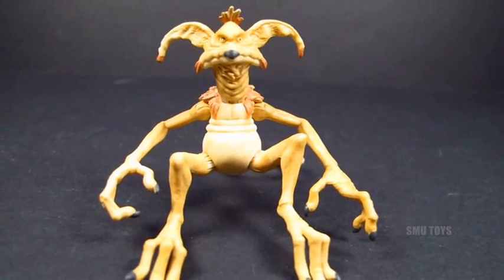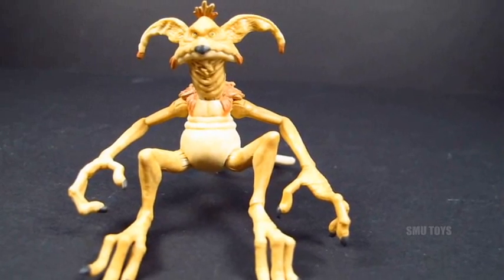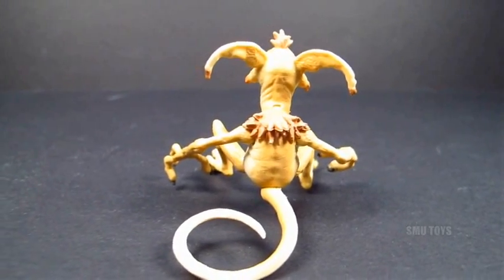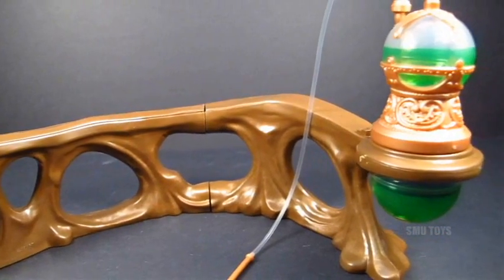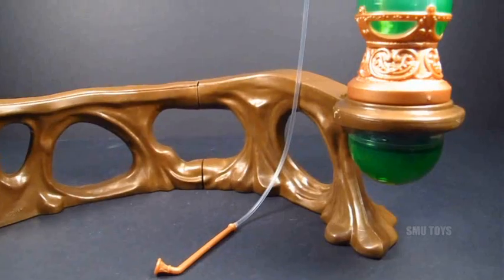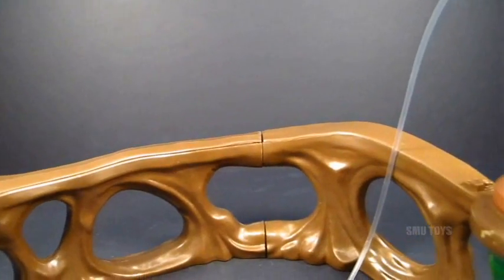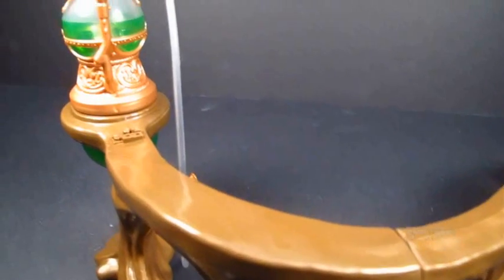Then there's Salacious Crumb, really nicely detailed as well. There's a bit of articulation too on the neck, the shoulders, the hips, and the tail is articulated as well, so that's pretty cool. And then there is the hookah accessory, which really makes this set a must-have. Lots of great detail in the pipe piece. Then there's all that railing, really nicely sculpted. Even if there aren't really any paint apps on it, it's still pretty nicely detailed all around, as you can